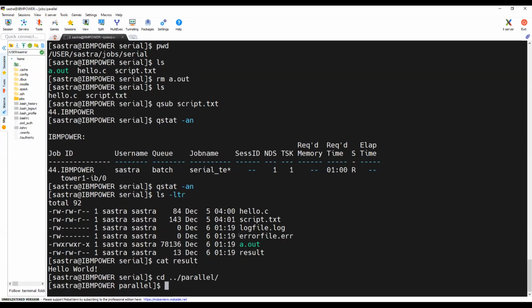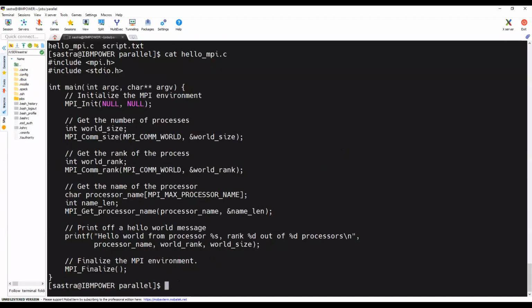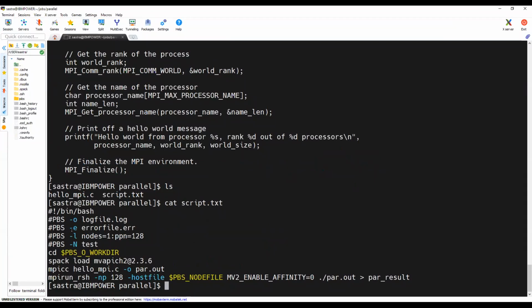Let me show you the example of a parallel case. Here I have the same hello world program, but with a little bit of modification of MPI, which tells us which thread is running in which core. So this is my script file.